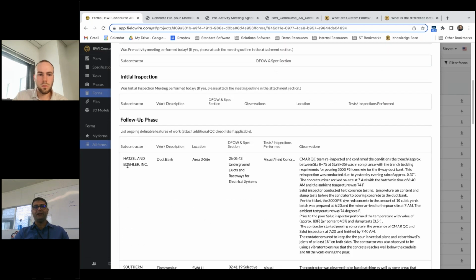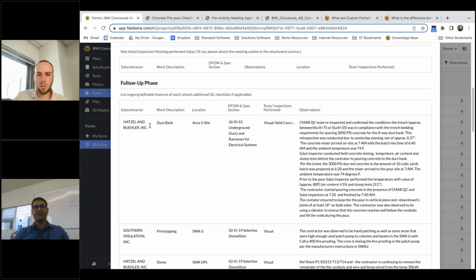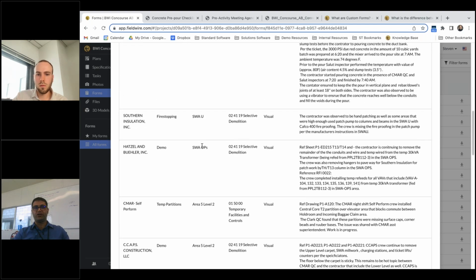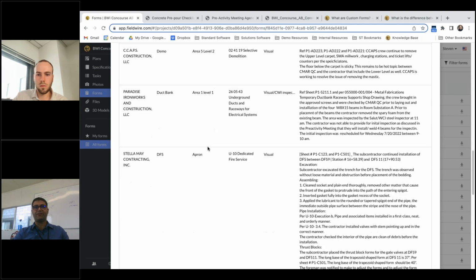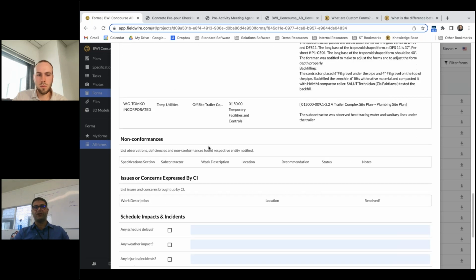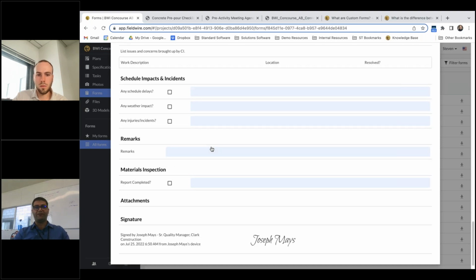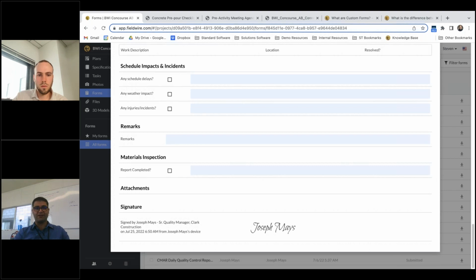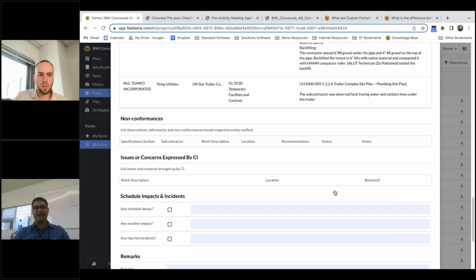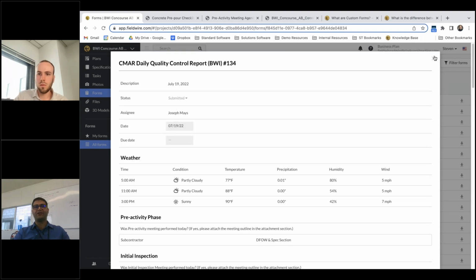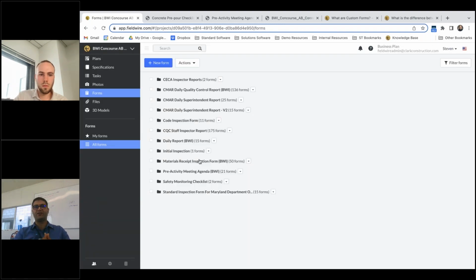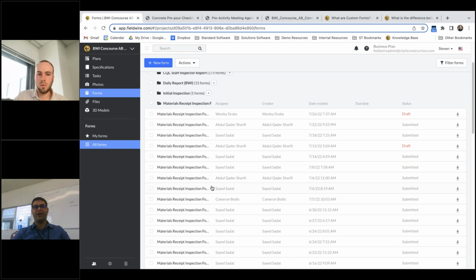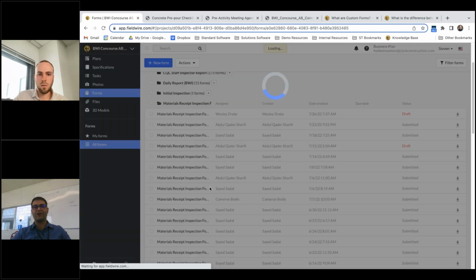We cover them on a day-to-day basis: what our findings are, what issues we have, how we address them, and what our recommendations were to the subcontractor. And if we have any weather-related issues, any safety-related issues, or any material inspections for the day, the report of the material gets attached to this report and then gets signed off by our senior quality control manager.